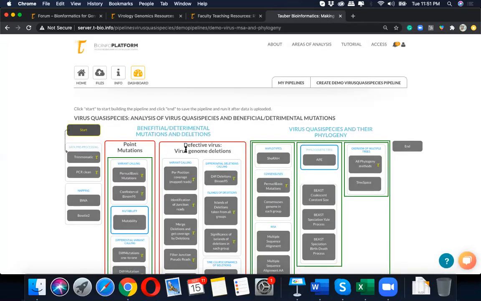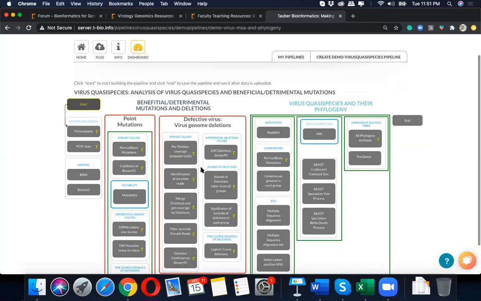So here we have two big sections: beneficial and detrimental mutations and deletions, and then virus quasi-species and their phylogeny. What we are seeing is a section that has to do with identification of point mutations, and then building consensus conserved genomes within a FASTQ file.